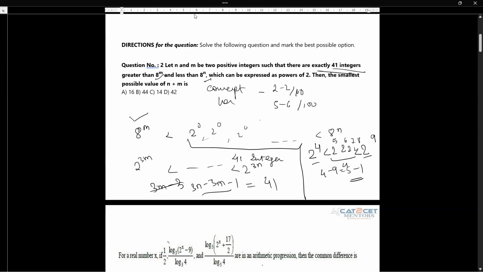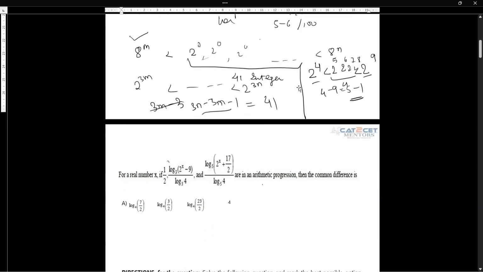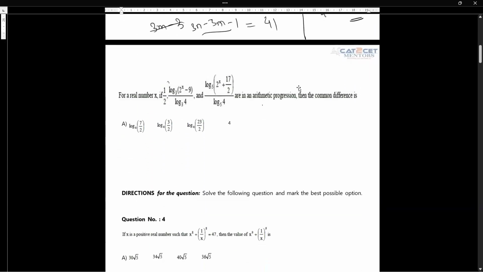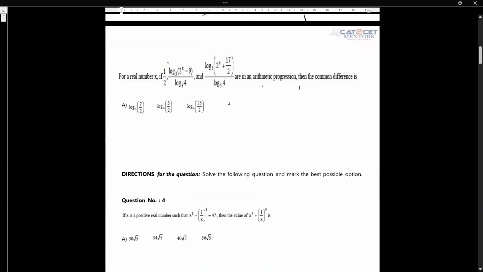So you have invested your time in choosing the questions, and you are done with the two questions. Now, for those of you who are comfortable in log and AP, most students consider this question to be tough. No, because in CAT there is always a combination of topics. CAT is very famous for making questions a combination of topics. If you know the basics, I'm not telling you to be very advanced